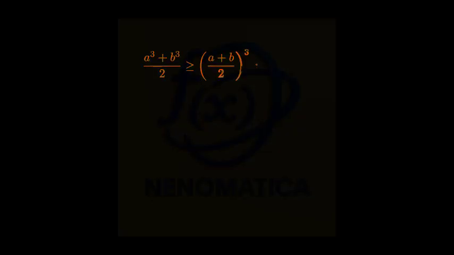The fraction a cubed plus b cubed over 2 is greater than or equal to the quantity a plus b over 2 cubed, where a and b are both positive numbers. Let's solve this step by step, following a careful algebraic approach. Let's begin our proof. Since a and b are both positive numbers, we can use a fundamental property that the